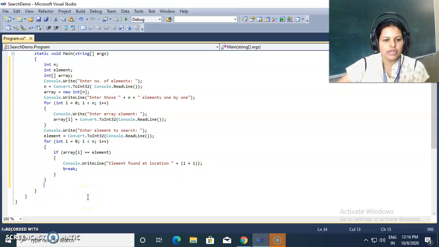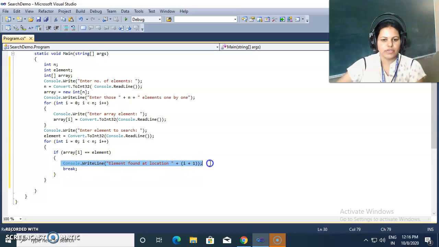Now another condition is if the element is not present inside this array, then our for loop is totally executed, but this if condition will not be true in that case, and this message will not print. At that time we need to give the message as element not found. Okay, if the result of this condition is always false for n elements, then in that case the element will not be there.